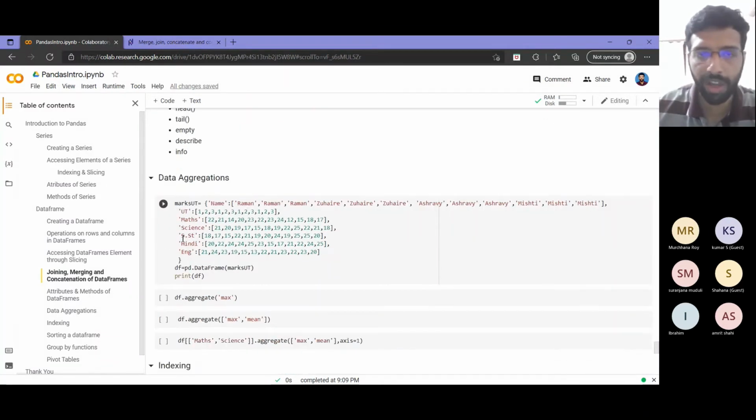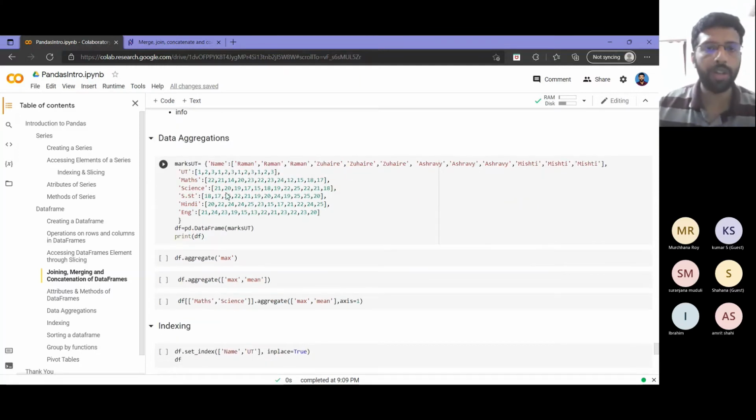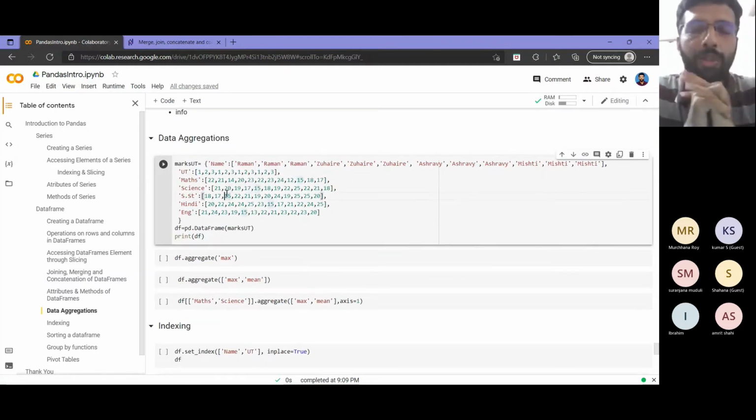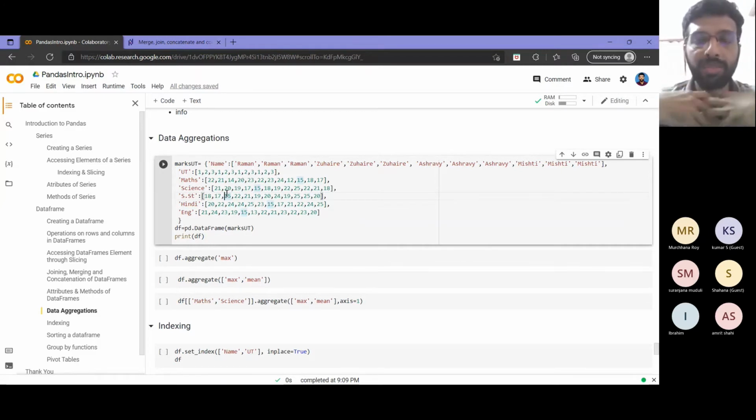So I'll go to the last part that I want to cover. That is data aggregations. One thing I want to tell now is that data aggregations is something very important, because this is something that we may want to use to get some summary out of the data in the data frame. So one thing you want to think here is what exactly I am trying to aggregate. Suppose I am having some marks, like our example that we saw earlier. I am having subjects, I am having people. Then I can aggregate it in two ways, right?